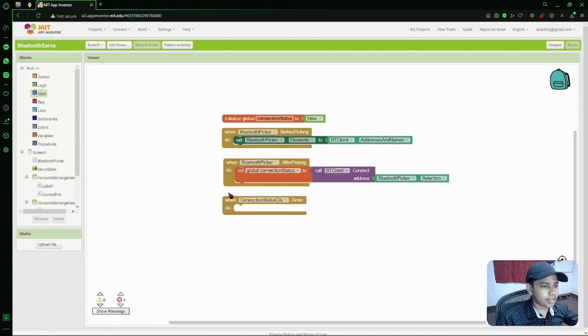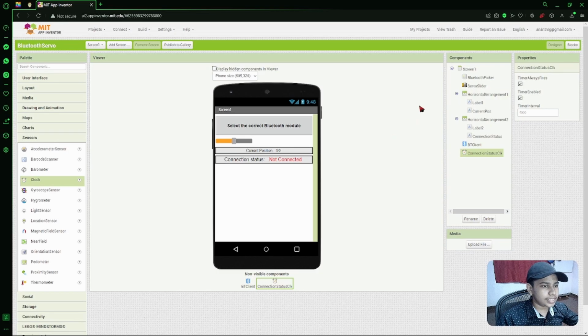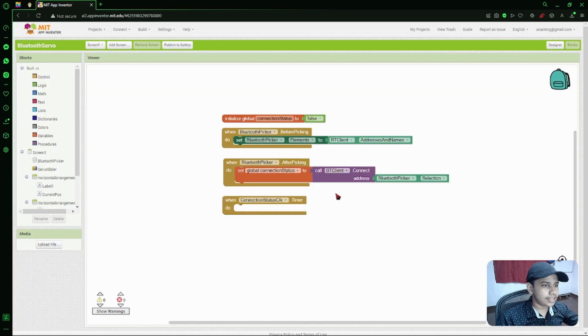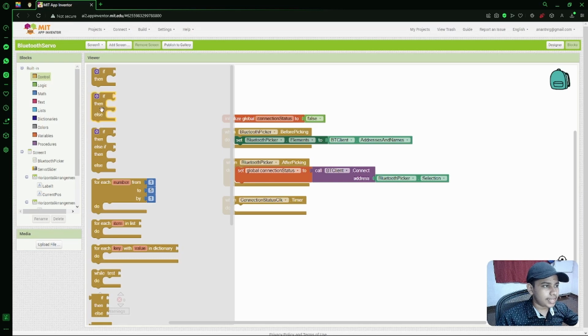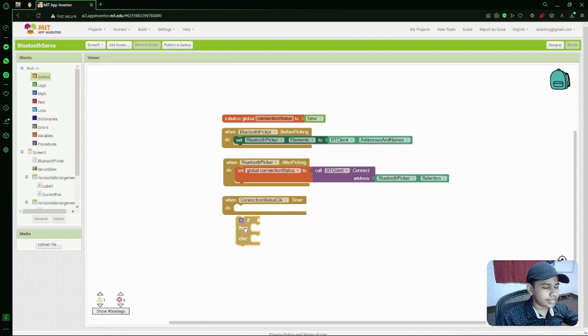When the timer fires, we want to check if the connection status variable is true. If it is true, then we want to change the text of the connection status label to connected, otherwise we have to set the text to not connected. To do that, we are going to use an if-else block that is present in the control category. So drag that block inside the when connection status clock.timer function like this,